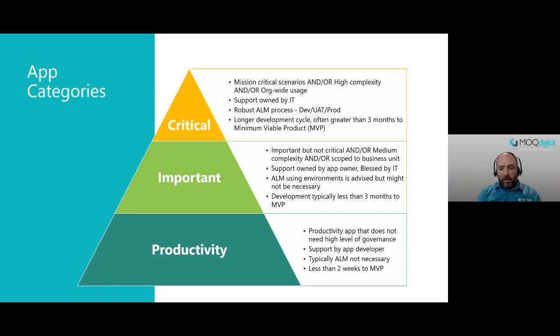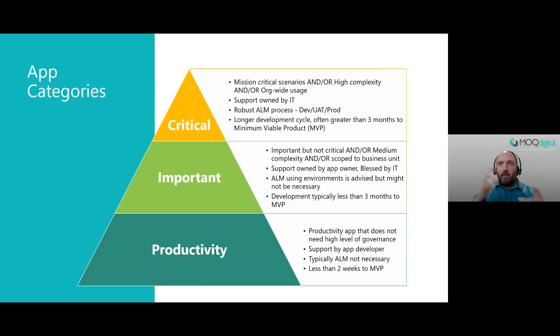So when we think about setting up the Power Platform, the very first thing we want to do is come up with an environment and a solution strategy. And the way you do this is think about applications in 3 categories. You think about applications as a critical category. So a critical application is a tier 1 application that is typically owned, built, run and managed by IT